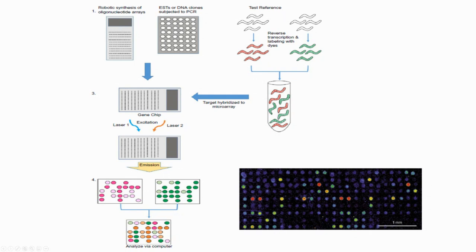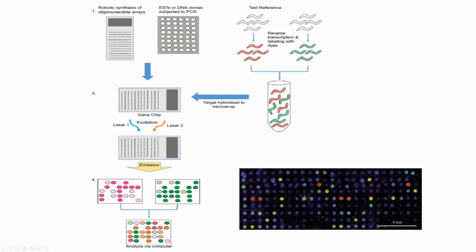And then you collect the sample. You have, let's say, the reference sample and then the experimental sample. You collect the sample, and let's say you collect the RNA from the wild type and RNA from the mutant, and then you perform reverse transcription, and you get a cDNA and label with different dyes, all right? And that gives you different colors. You mix them together, and then you put this sample to